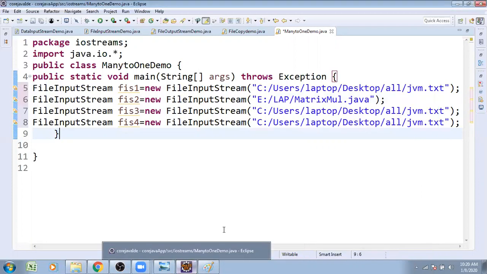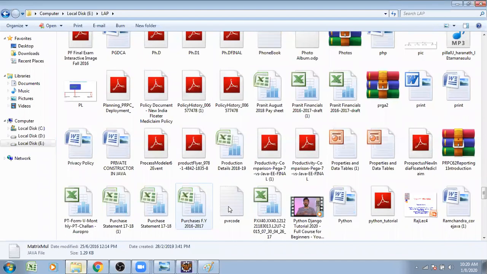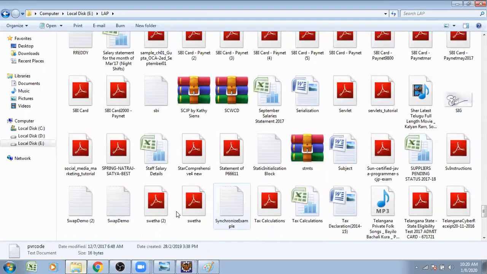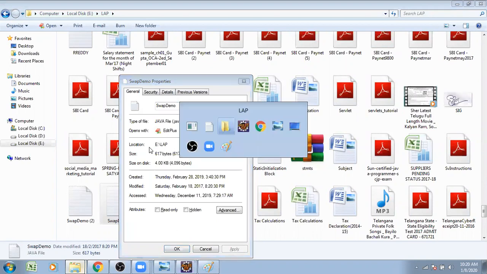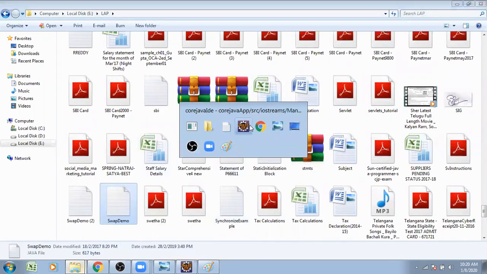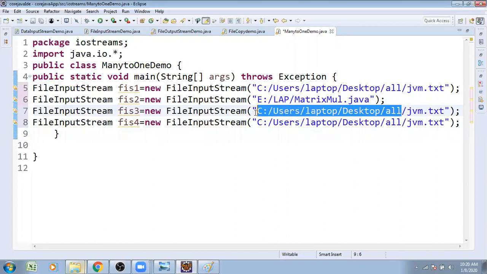Only one more file I am going to take, any of the file names. Some file name I wanted to take: swap demo, which is also available on the E drive, laptop.